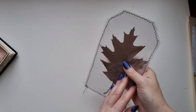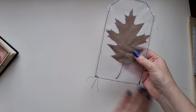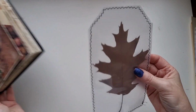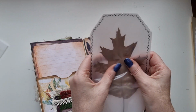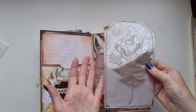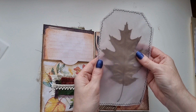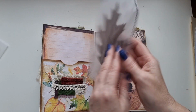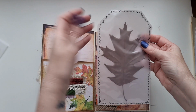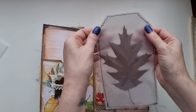Gosh, that was seriously such a kerfuffle, guys, because my bobbin ran out halfway through. Now I realised these are thinner than the ones I usually use. They do add a lovely crinkle. They are thinner, so I would suggest if you're going to use laminating sheets to use the slightly thicker ones, because it's easier to sew. Also, I always sew on the side that's already sealed if there is one. Start my stitching off there, and just be careful, do it quite slowly because it can rip and tear